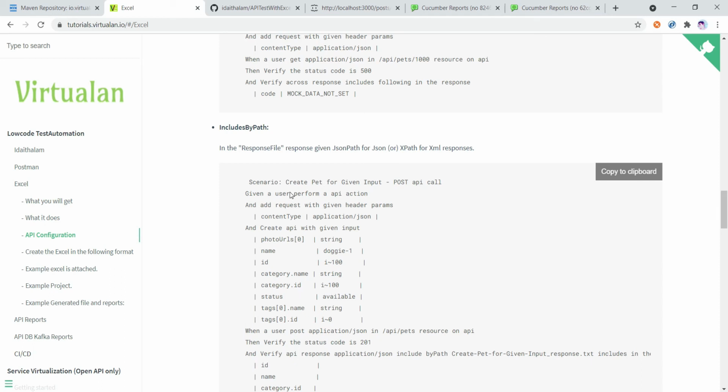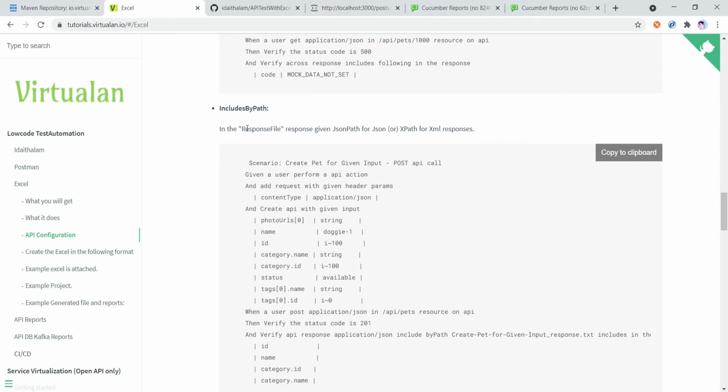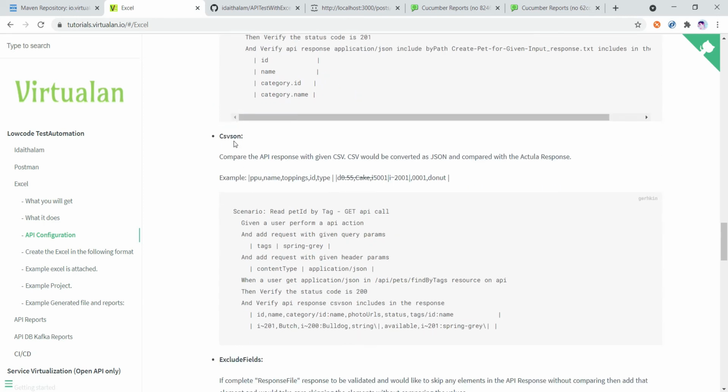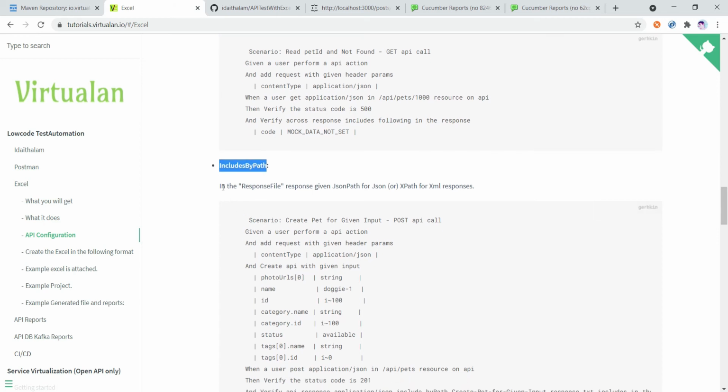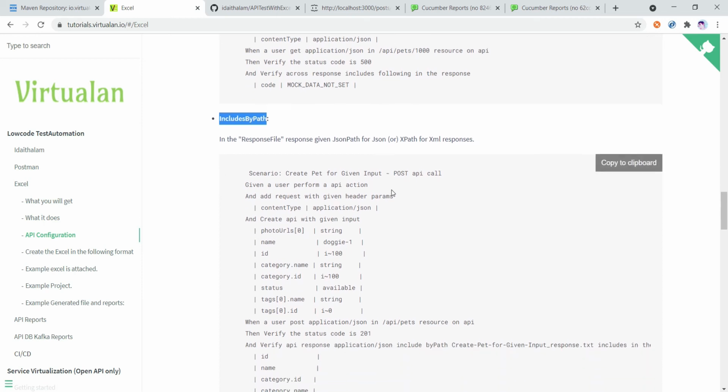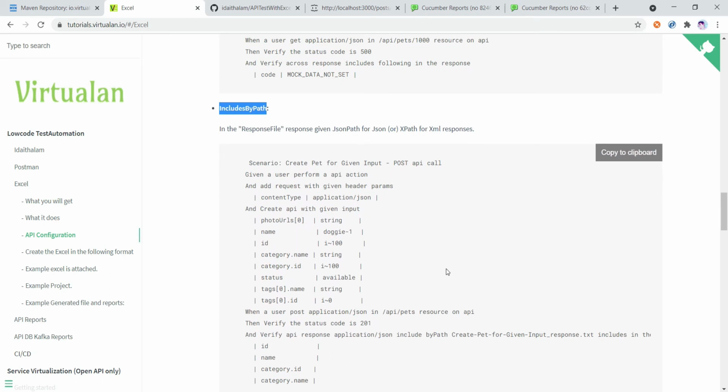So there are two ways: includes by path and CSV. Okay, so let me first show you includes by path. How will it work? They said in the response file, the response is given as a JSON path for JSON. Okay, so I will show you how we can use this and why we are using this.